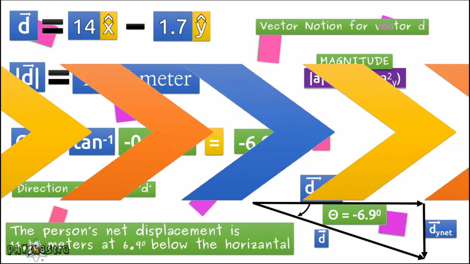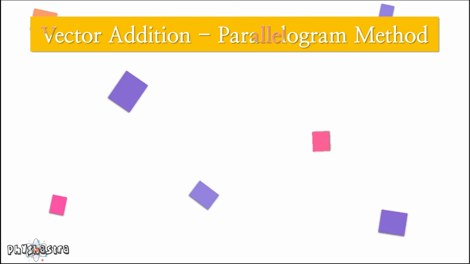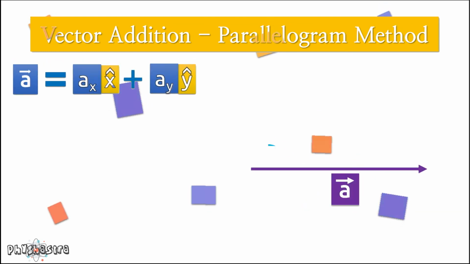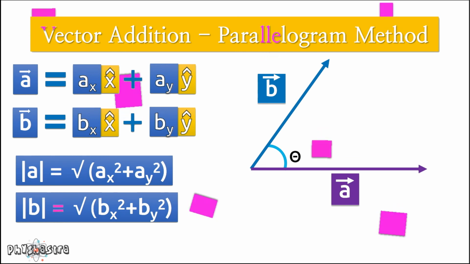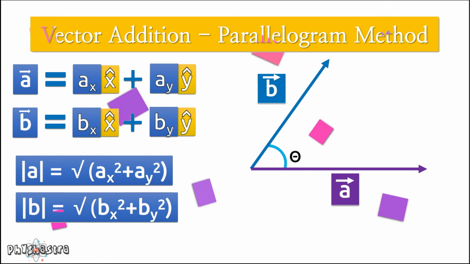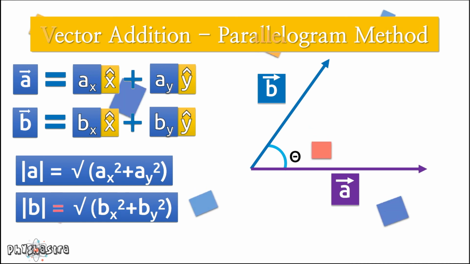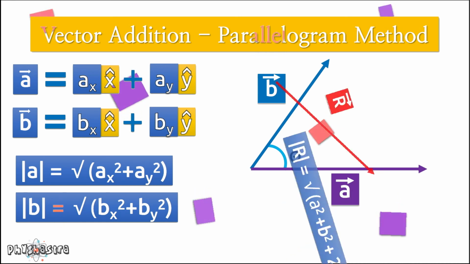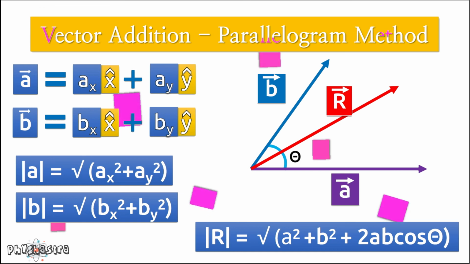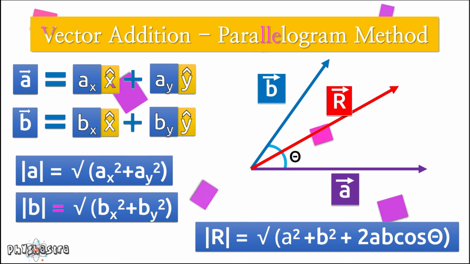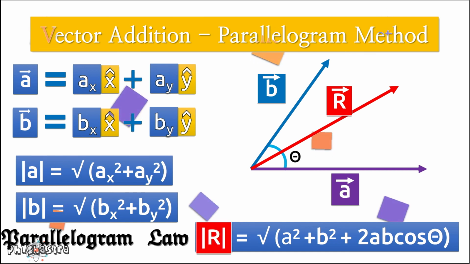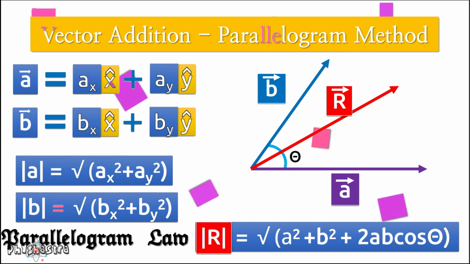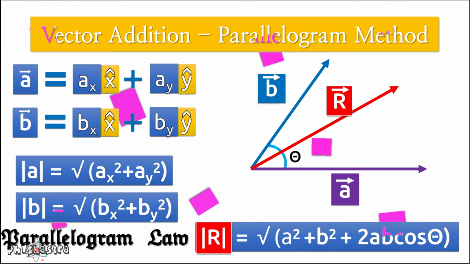For the parallelogram law, all you need is to find the magnitude of the given two vectors. In our example, we take the two vectors a and b. Then what we do is find the magnitude of these vectors and need to know the angle between them so that we can use it in the formula. So here the resultant magnitude will be the square root of a squared plus b squared plus 2ab cos theta, where theta is the angle between the vectors. This is how we use the parallelogram law to find the resultant vector in vector addition.